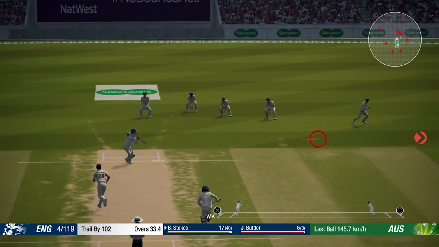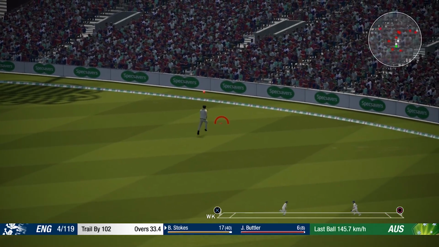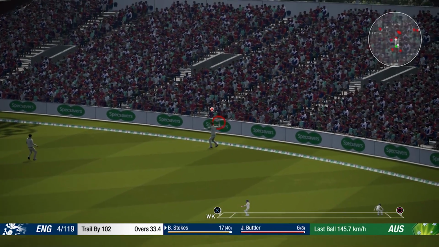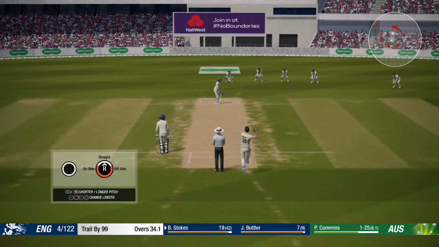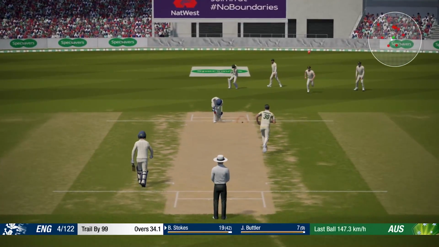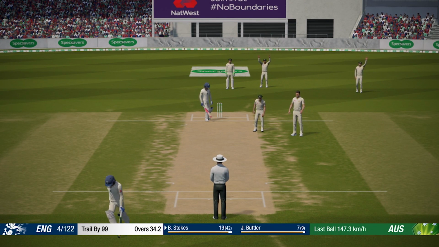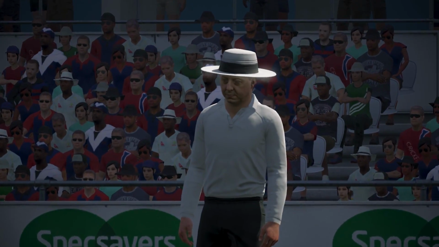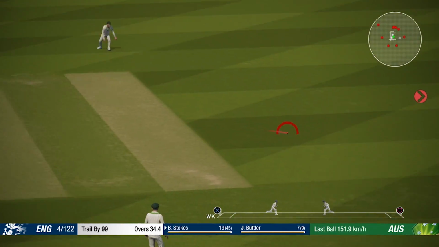Josh Hazlewood bowling quite nicely here today on day 3. Australia will take a little bit of time to get into their rhythm with their bowling, try and work out the best way of going about things as England continue to chip away at this lead. They've got it underneath 100 runs. Bit of a shout here from the Aussies, but it appeared like there was an inside edge there. Umpire says not out.